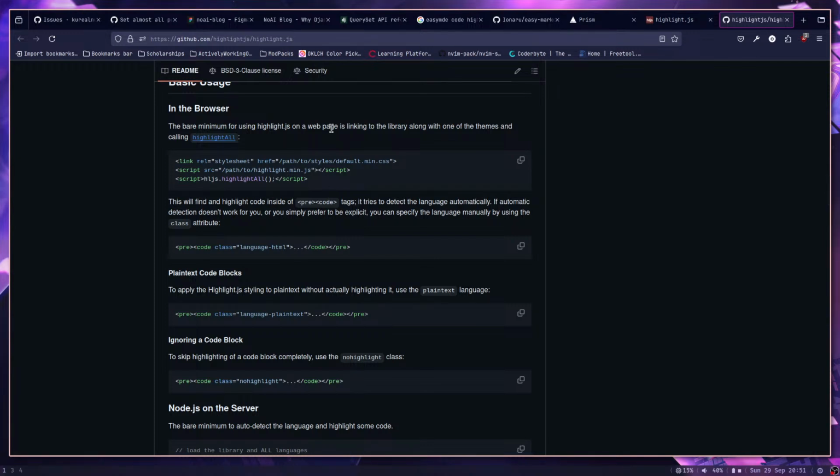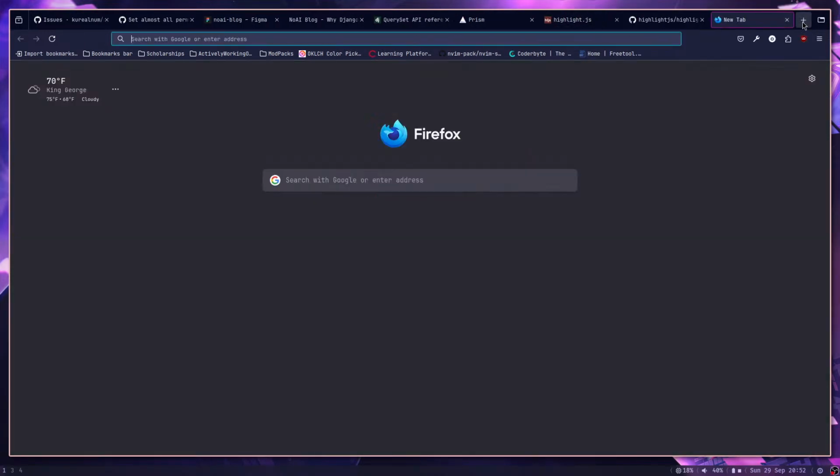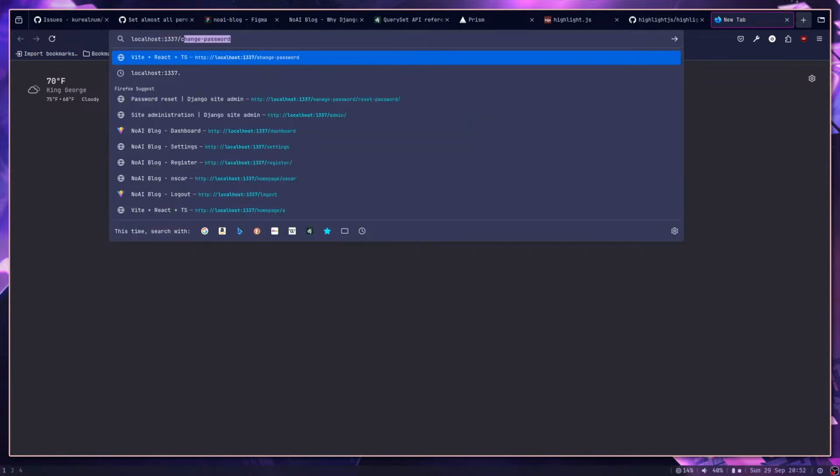I think this might be something that I can customize with a markdown renderer. So I think I want to highlight stuff myself, which is fine. That's not a big deal. I don't want to go through the pain of moving to a different markdown editor, and I don't want to research markdown editors that may or may not have code highlighting. So what I'm going to do is go to localhost, create post, and I just want to see